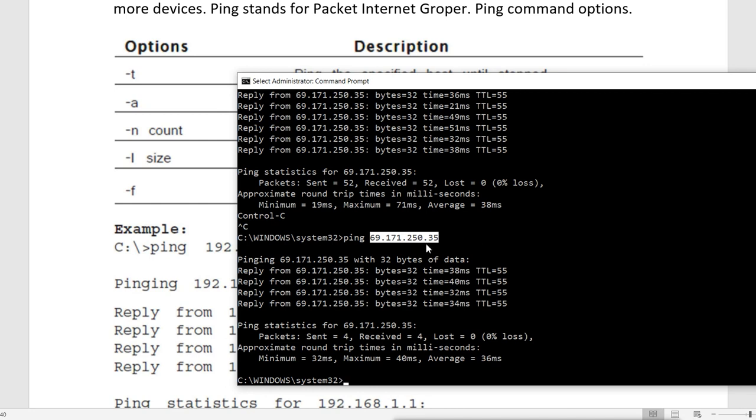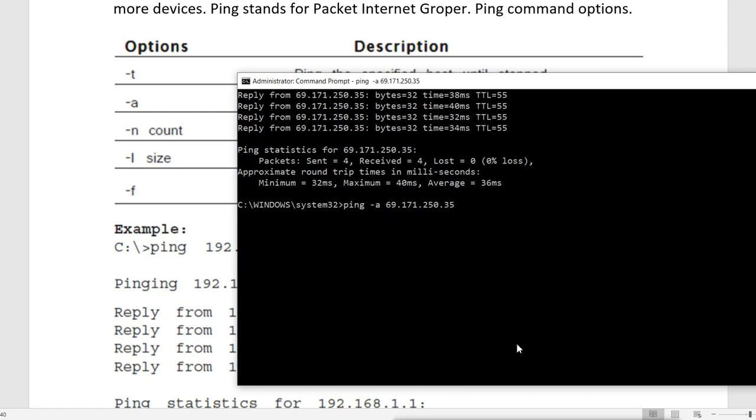The DNS server does it from the forward lookup zone. Now when we want to know the name of the IP address, we will send the IP address, and the DNS server will give the name of that IP address. The DNS server does that by using the reverse lookup zone. Now when we use ping, it will not do that. But if I want to know the name of this IP address, then I will use the -a option.